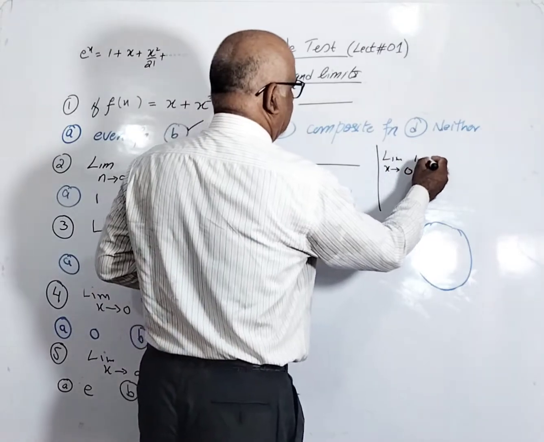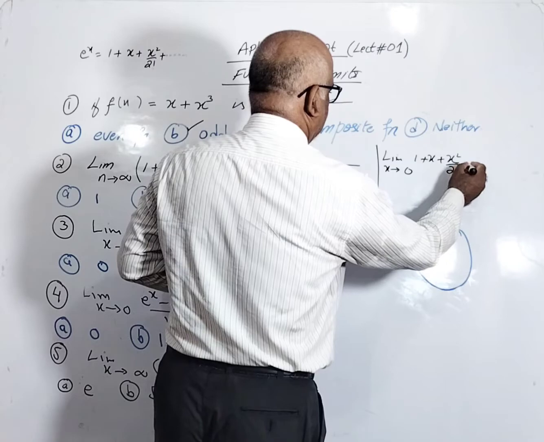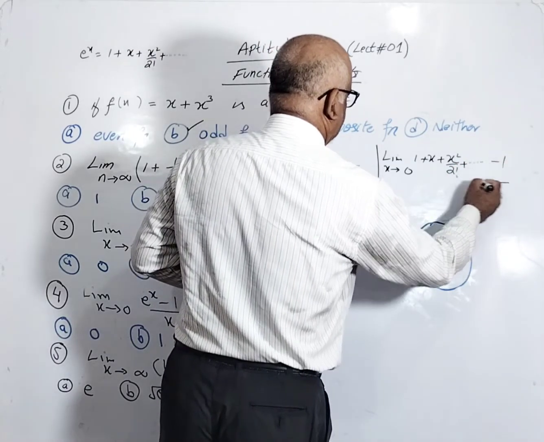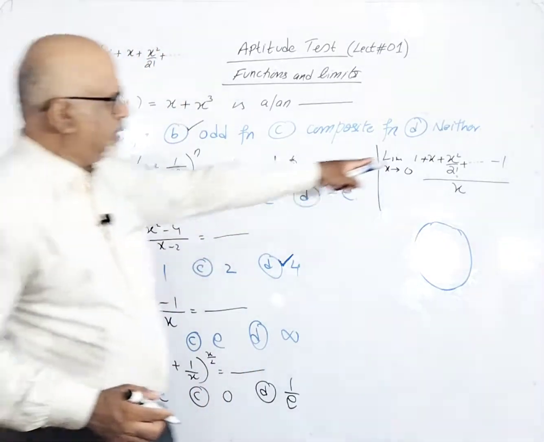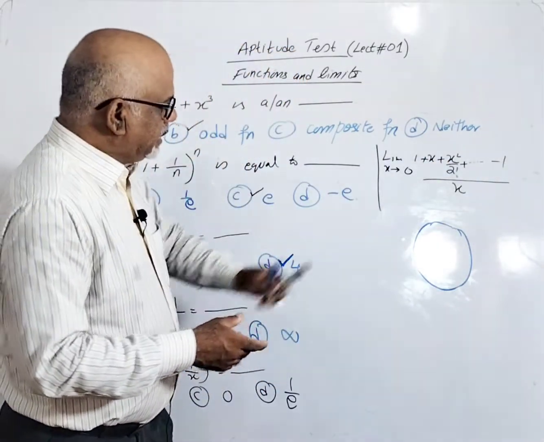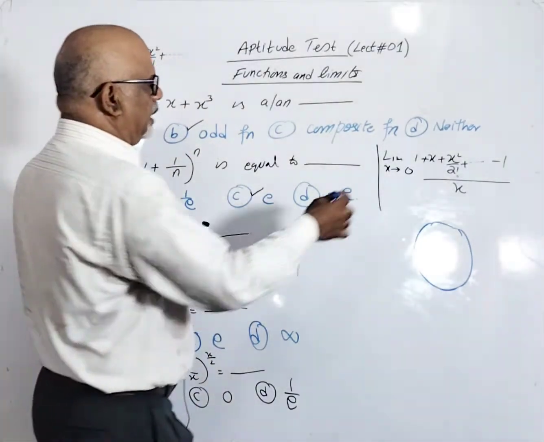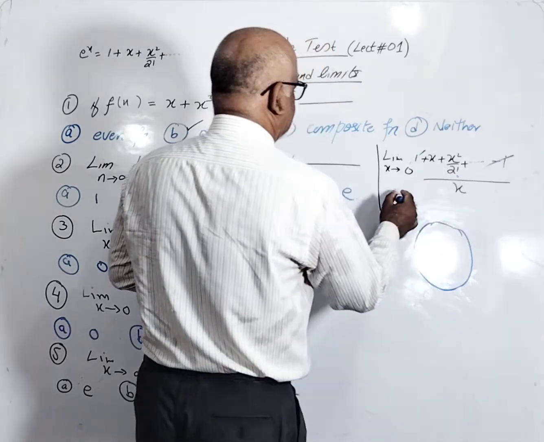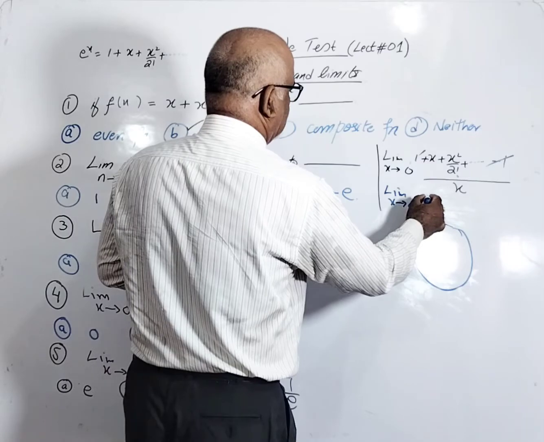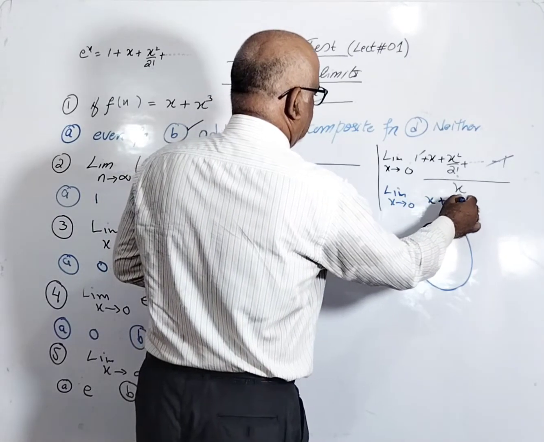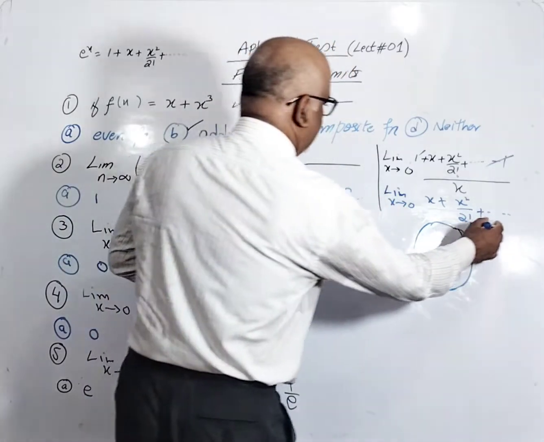So this is 1 plus x plus x square over 2 factorial and so on, and minus 1 remains same, divided by x. This minus 1 remains same. And this is the formula of e^x here. So plus 1 minus 1 cancel out here. So this is limit x tends to 0, x plus x square over 2 factorial and so on, divided by